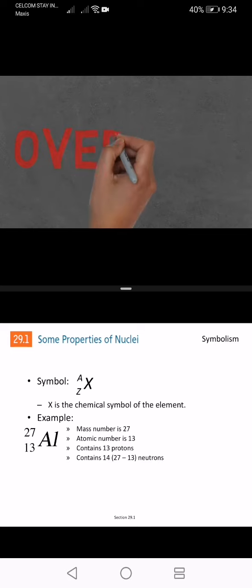An overview to make sure you are all listening. An atom is the smallest particle